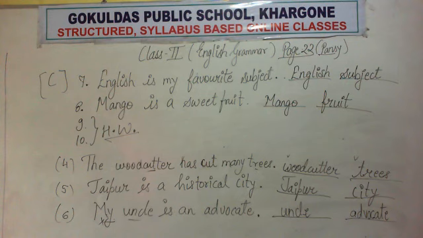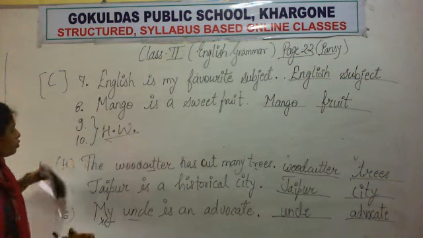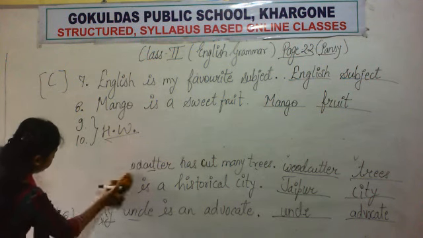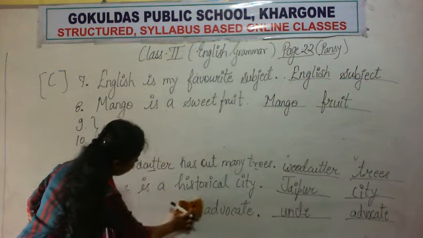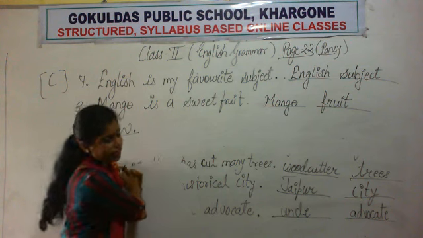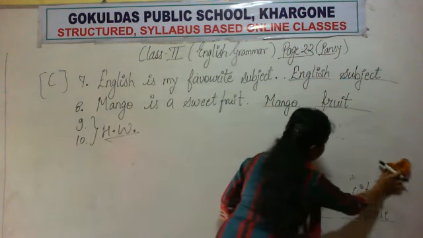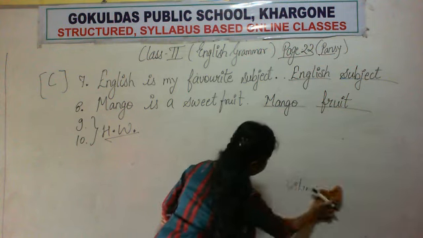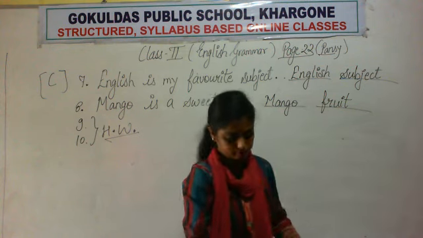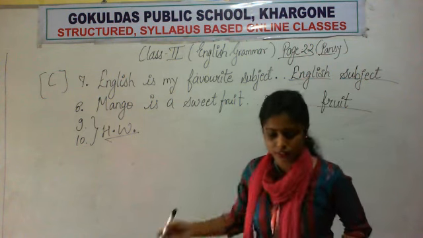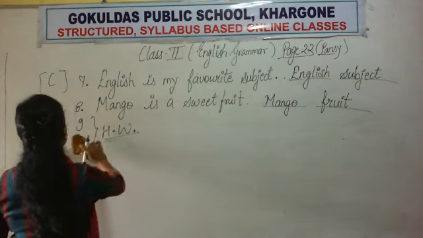The next question is upon some collective nouns. Just do it fast, then we will solve the next question. Do the 9 and 10 as homework. Okay. And send it to me. If there are any mistakes that you have done, I'll solve that. I'll correct that. Okay. I guess you have done it.